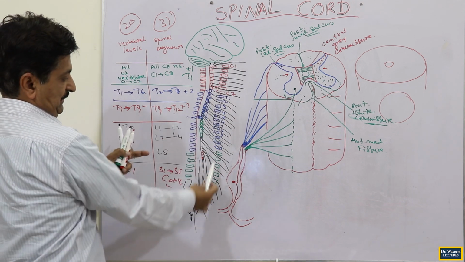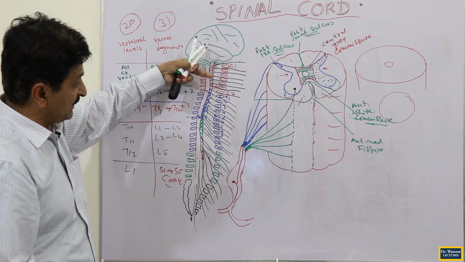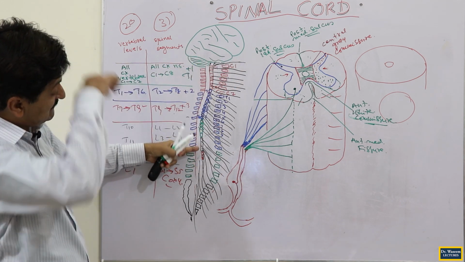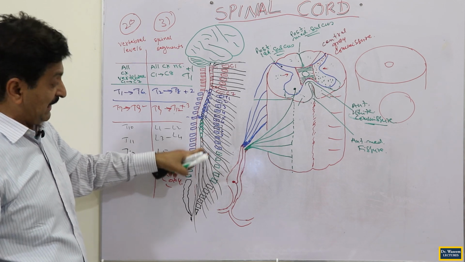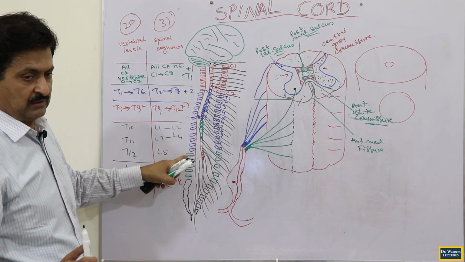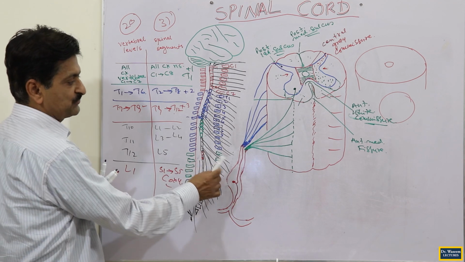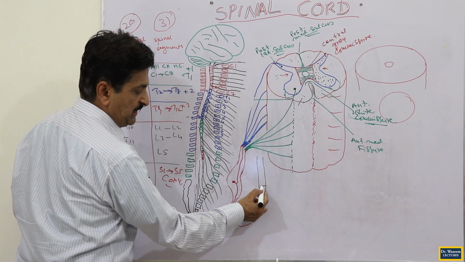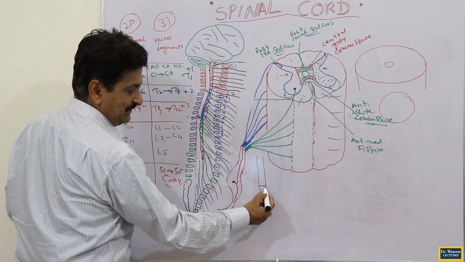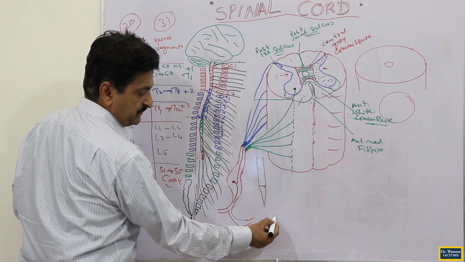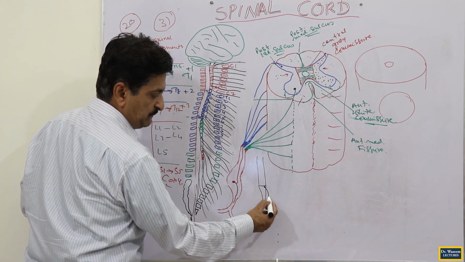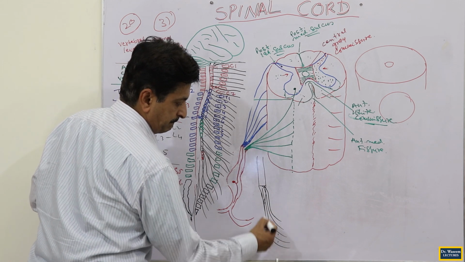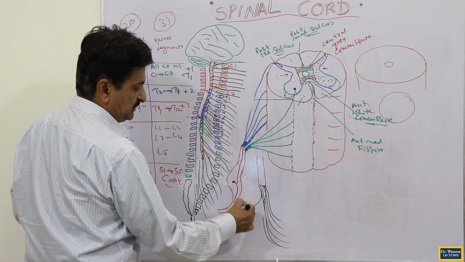Now see this emergence of your nerves. The upper nerves are more horizontal, the middle oblique, and the lowest ones, you see that. Lowest ones means whose attachment and exiting foramen is away. Such nerves, especially the lower 10 nerves, will emerge from the conus medullaris area. They have their attachment here but the intervertebral foramina away. So they will run within the vertebral canal, a bunch on this side and a bunch on the other side also.